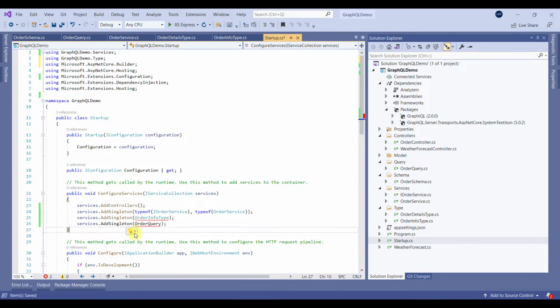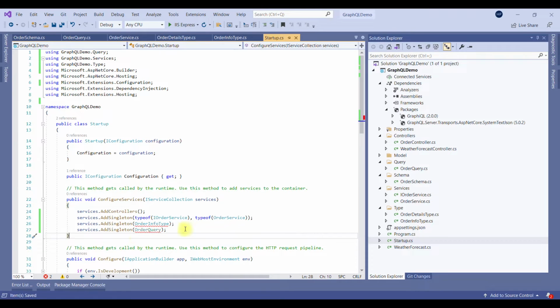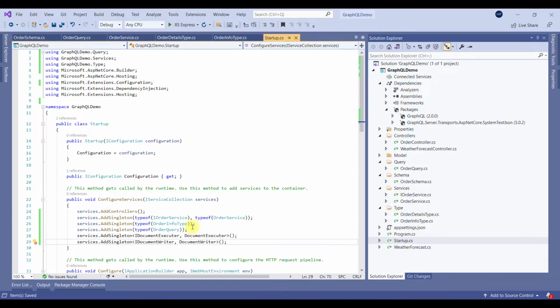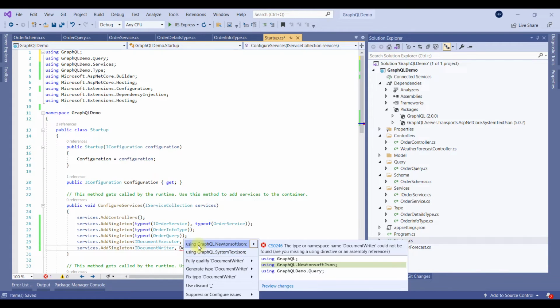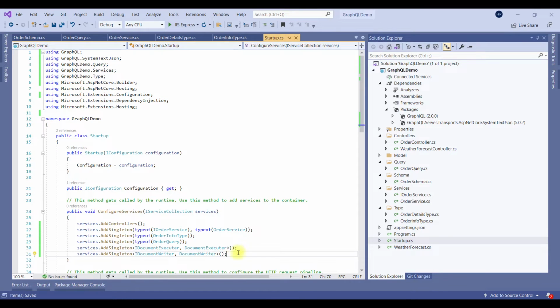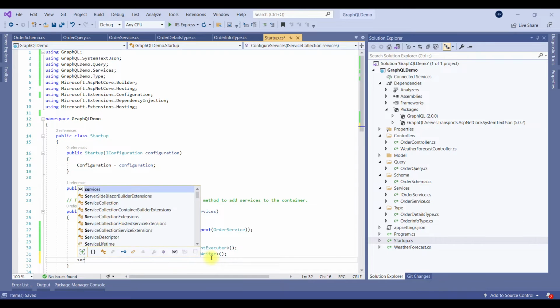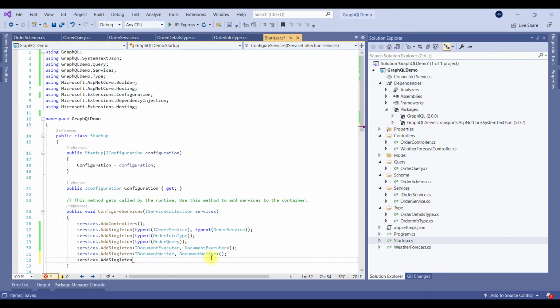I will dissolve this. Now need to specify here type of. Now one more thing, we need to add this document executor. These are the important points. Whatever document we are viewing, that we need to implement. At the end, we need to add schema,